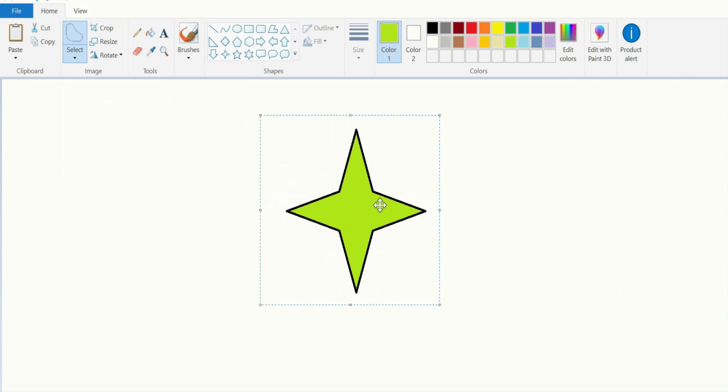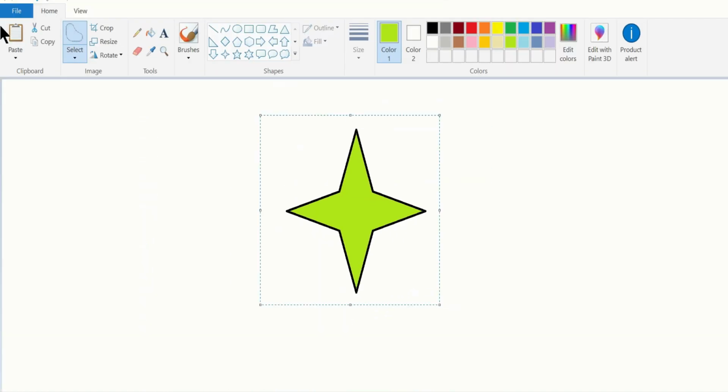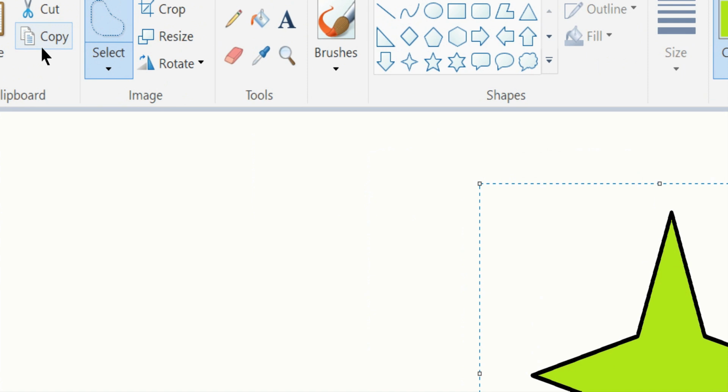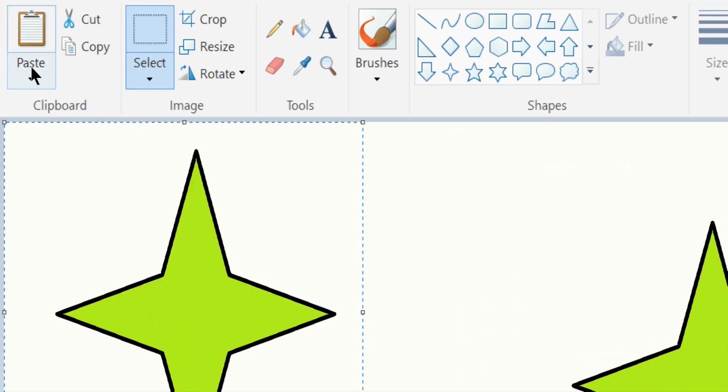Dotted line appears. See? Now click on the copy option from the clipboard group of the Home tab. Click on the paste option in the clipboard group of the Home tab.